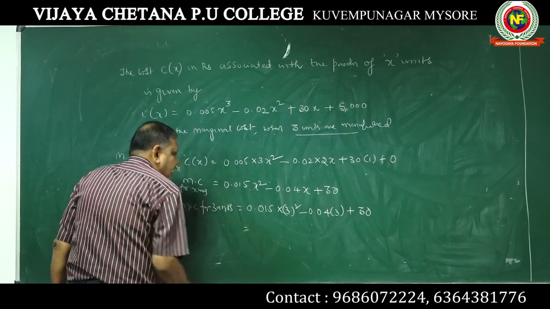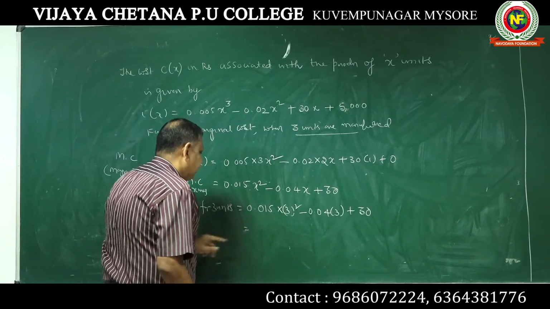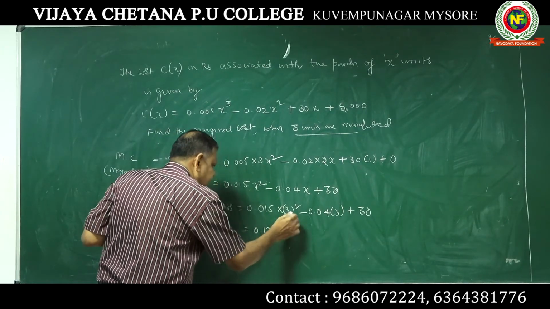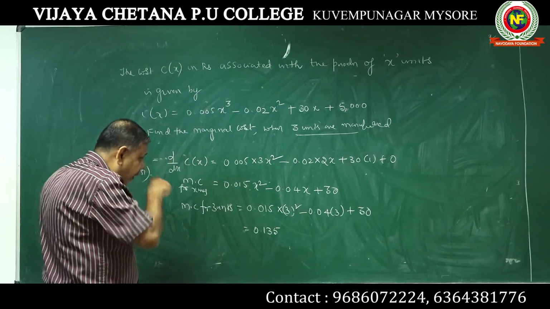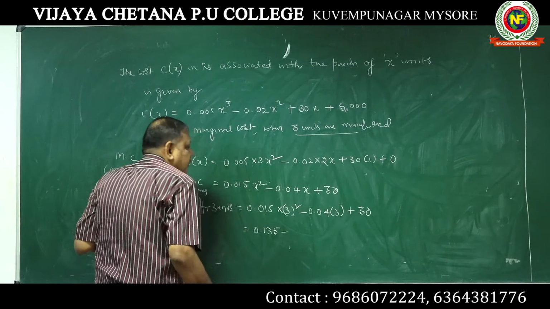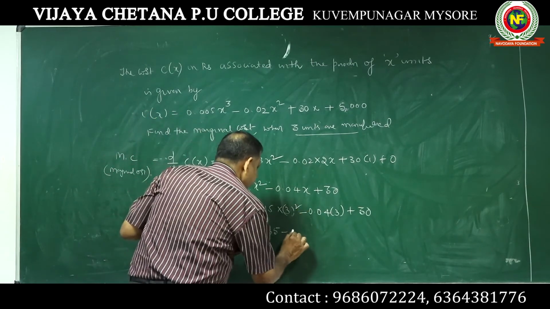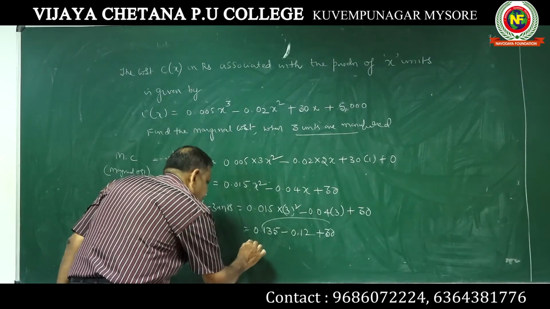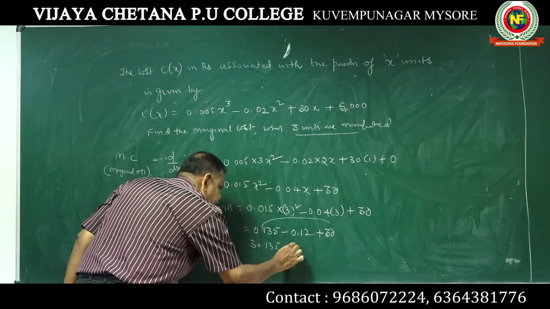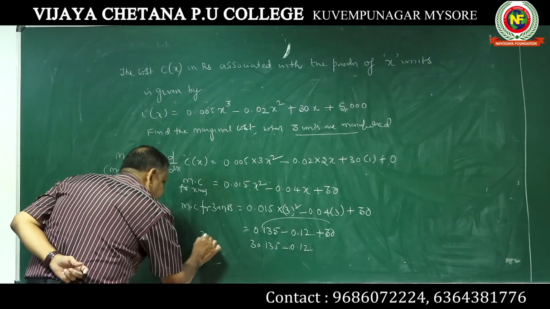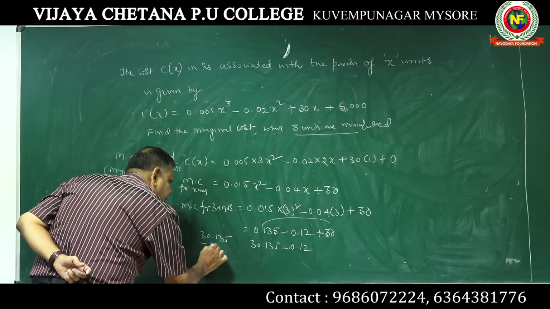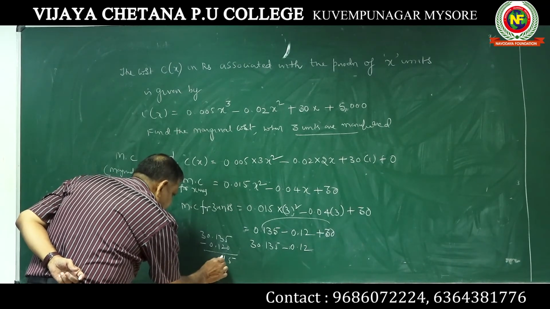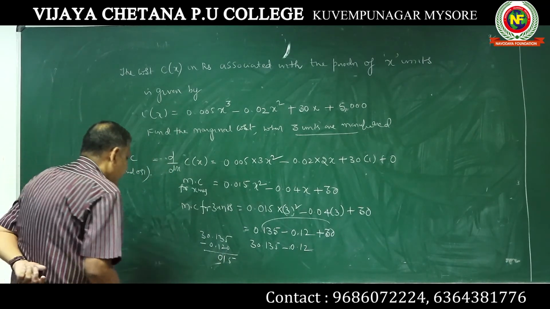That is 3 into 3, 9 actually. 3 square is 9, no? So 15 into 9, 135. So 0.135, minus 0.04 into 3, 0.12, plus 30. Add this: 30.135 minus 0.12 ಮಾಡಿದ್ರೆ, this is 1, this is 0, 1, okay, and this is